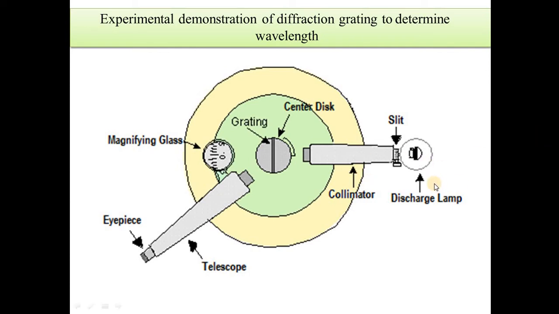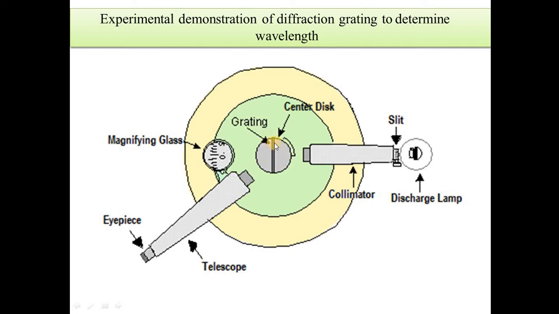So what we have to do first is that this is the source of light, and there will be a small opening in this instrument, and this instrument is a spectrometer. This opening acts as a slit, and this part is called the collimator, and this collimator is used to make all the rays parallel. And normally we will have to hold our optical element here. It could be a prism or a diffraction grating or any of this sort.